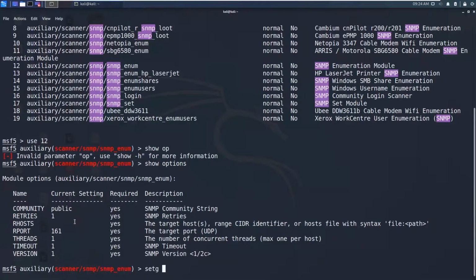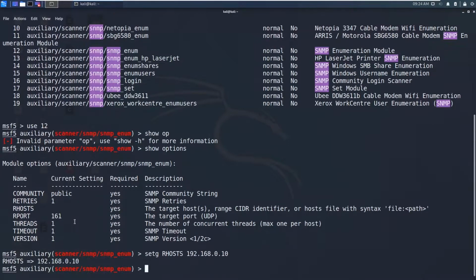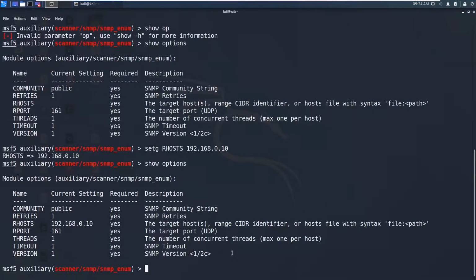I'm setting it as global because I want to show you another module, so I don't need to enter the same RHOST value again. So let me type in this IP address, RHOST 192.168.0.10.